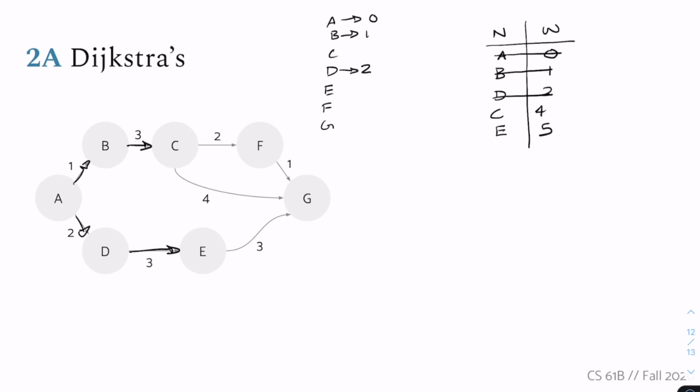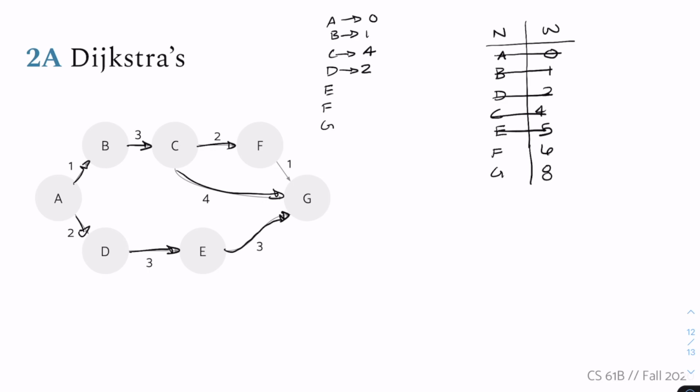Because it's 2 plus 3. And so we're going to pop C, finalize its distance as 4, and add both of its children. So F is going to be 6 away, and G is going to be 8 away. And so we're going to pop E now,